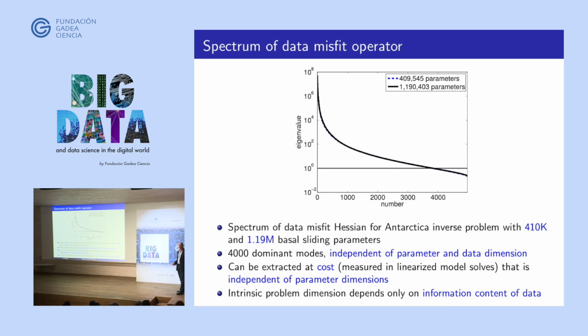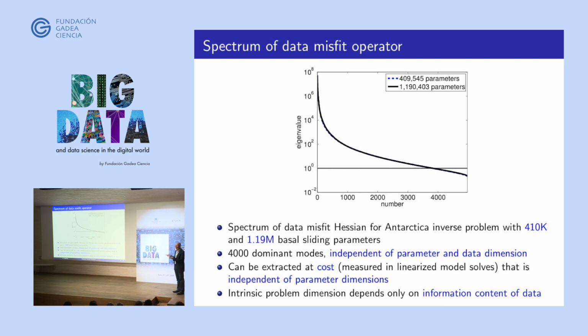Now, you do still have to have a fine mesh because you don't know where the data are going to inform. As you'll see, there are localized regions where the data are giving you a lot of information. So we can't just say, oh, we'll just use a coarse mesh and then we're done. You still have to have a fine mesh, but then you have to let the data tell you where the action is, and then you use these randomized algorithms to extract the low-rank approximation of the data misfit portion of the Hessian to identify those low dimensions in a way that scales only with the low dimensions. So the number of forward model solves that we have to execute depends only on this dimension, the 5,000, or depending on where you cut, 4,000, not the million dimensions.